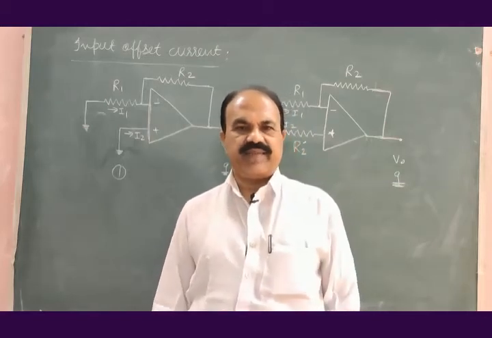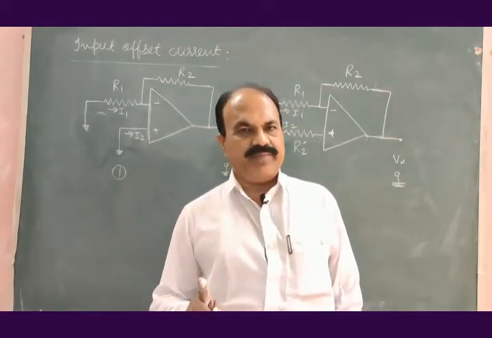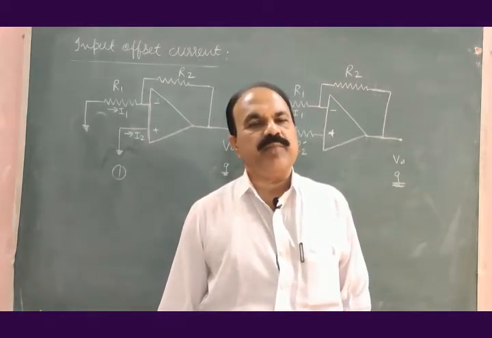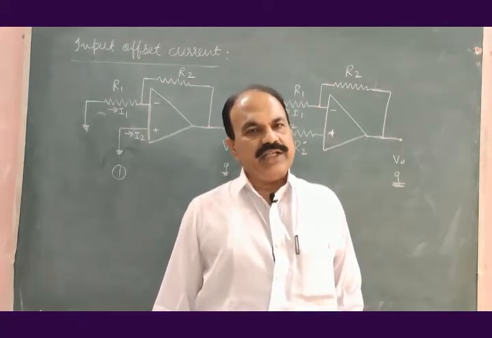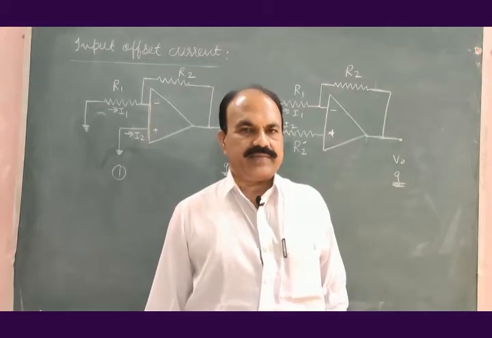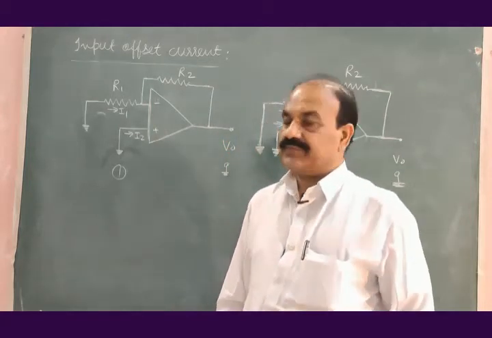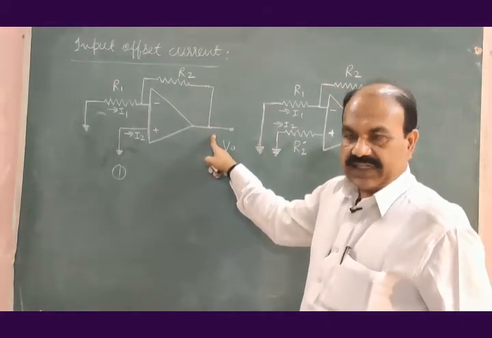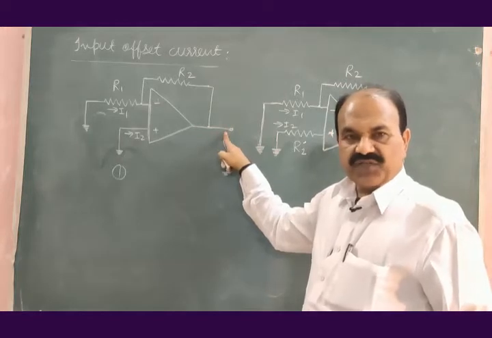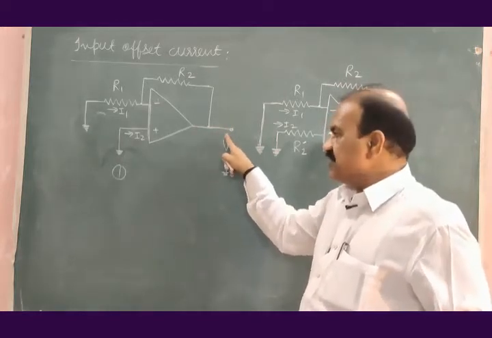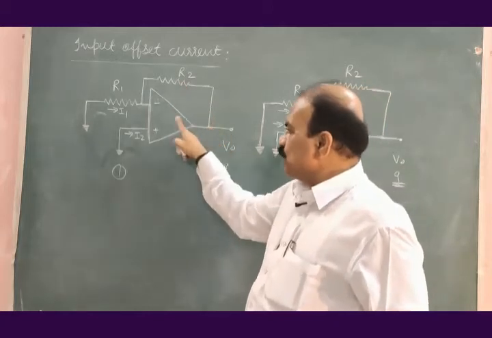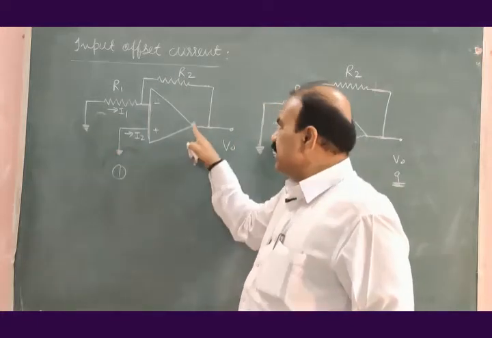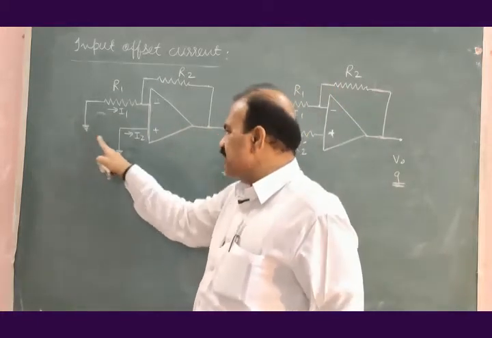First thing, currents I1 and I2 are not the same because of inherent mismatching in the fabrication of the components in the input stage, the differential amplifier. Second reason, output impedance is very, very small, ideally 0. It means that this output terminal is virtually at ground. As this is virtually at ground, we can treat this terminal of R2 as being here, because this is ground.